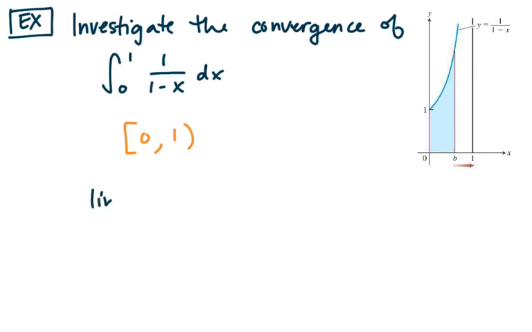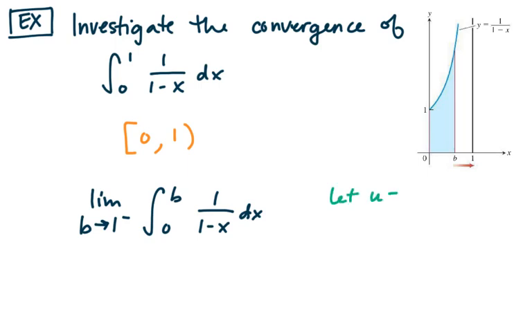and say, well, this is the same as the limit as b approaches 1 from the left-hand side. My integral is now going from 0 to b, and we're dealing with 1 over 1 minus x dx. Now this is easy to integrate with a u substitution. Let u equal 1 minus x, du equals negative dx. So that would turn my integral into negative 1 over u du, which is negative the